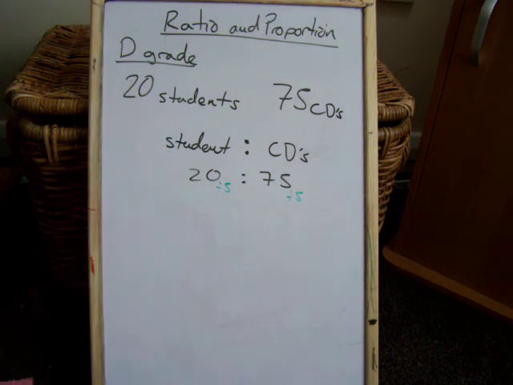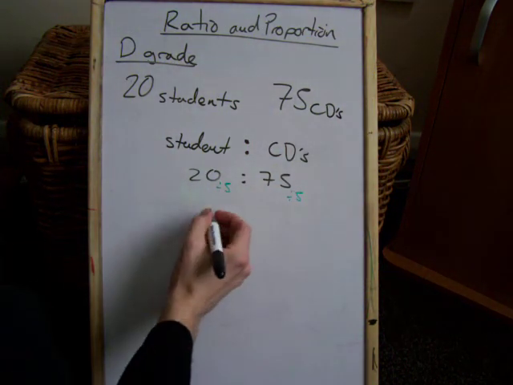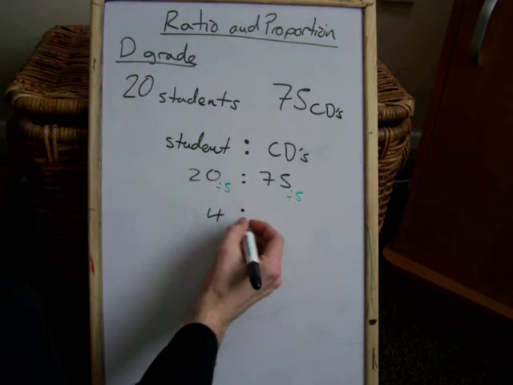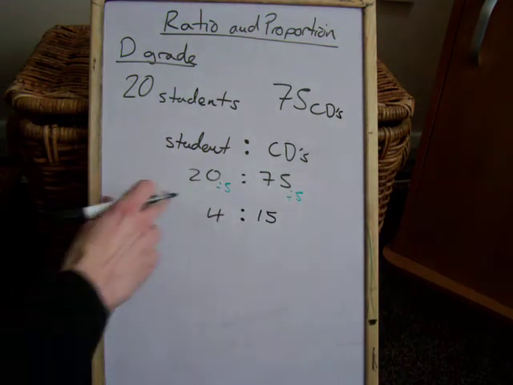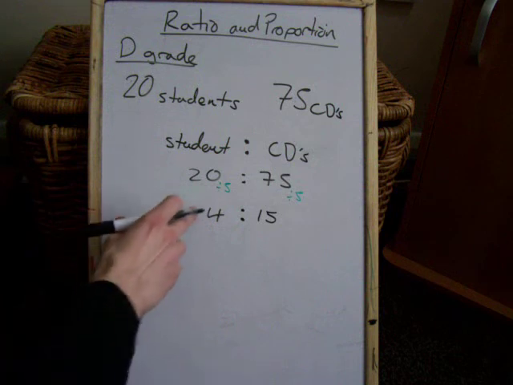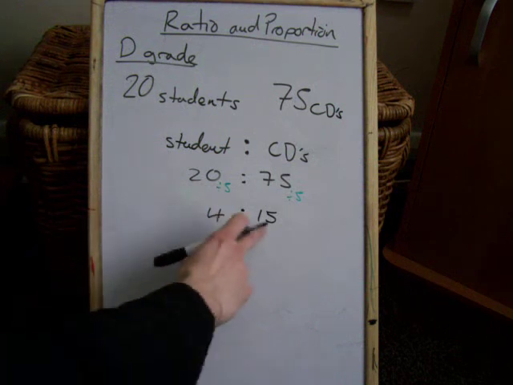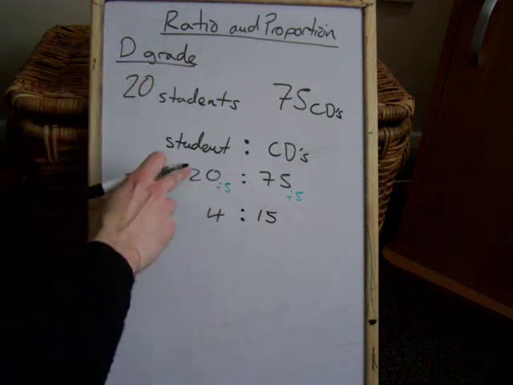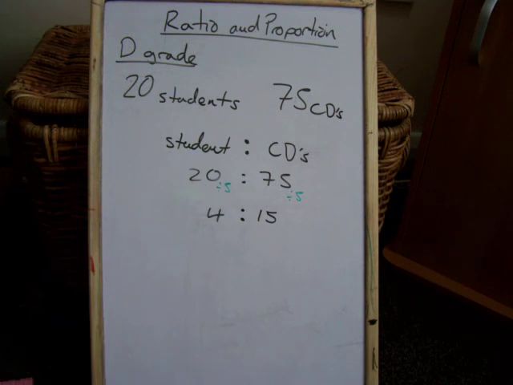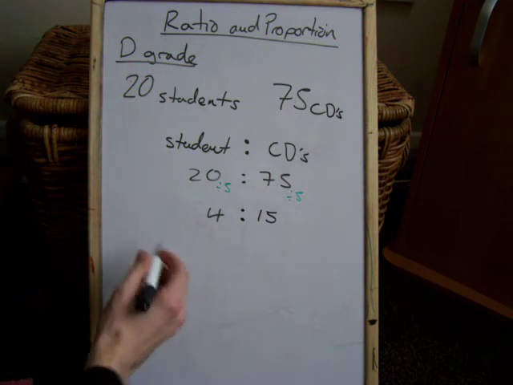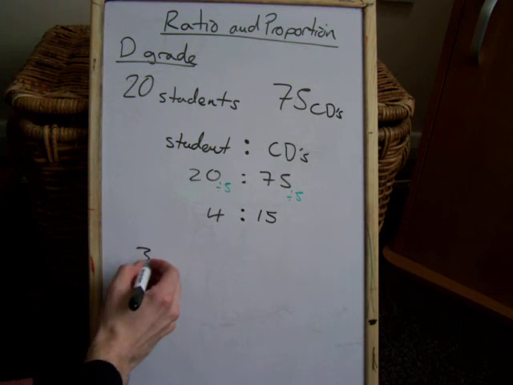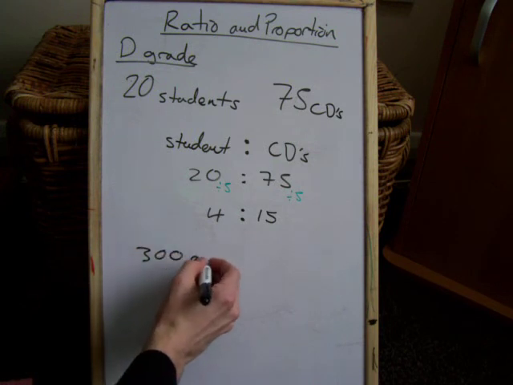by 5, and you're going to be left with 4 to 15. So another way of saying this is to simplify the ratio as much as possible. For every 4 students you would expect 15 CDs, if for every 20 students you've got 75, and that would be simplifying ratios. A very quick example of simplifying another ratio would be to say if you had 300 pupils